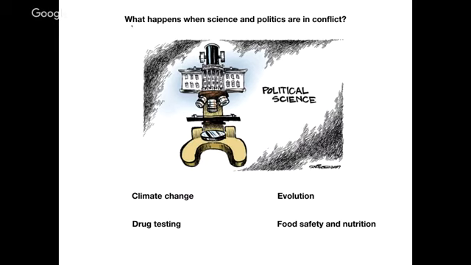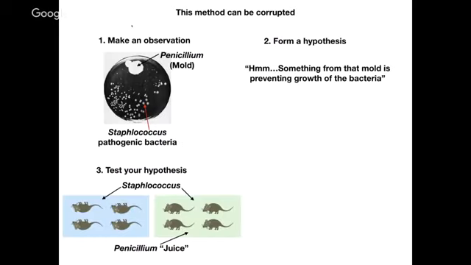So I talked earlier about the scientific process. If we can go back there, we can start to understand how this method could potentially be corrupted. Let's go back to the discovery of penicillin, and how it was found that penicillin makes this antibiotic compound, and was proven that way with this experiment in the mice. But let's do a thought experiment where we work through the scientific method all the way up to the point where we test the mice, we infect them with Staphylococcus, and then take a subset of them and inject them